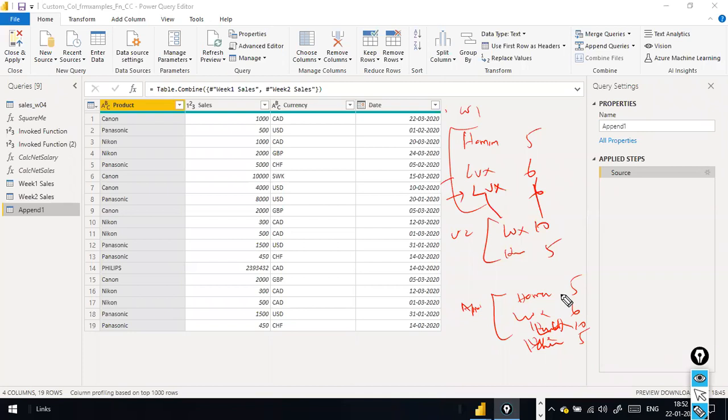Then data type. The data type also should be the same. If the data types are not the same, it is a problem. But column order can be anything. See here, you know very well Hammam is a text data type. This is a number data type. In week 1, for the first column I have Hammam, Lux, and this one. In week 2, the first column I have 10, 5, and then here the product name is there. So in the latest version, even though the column orders are not the same across the files,